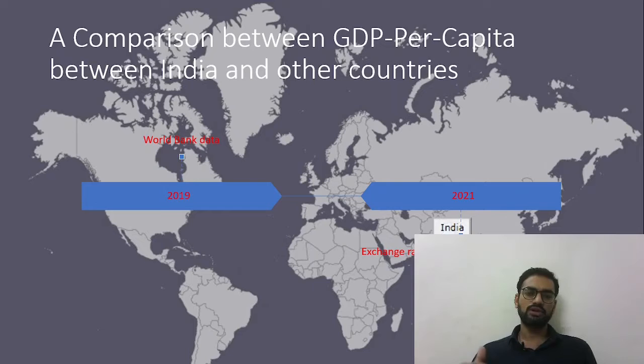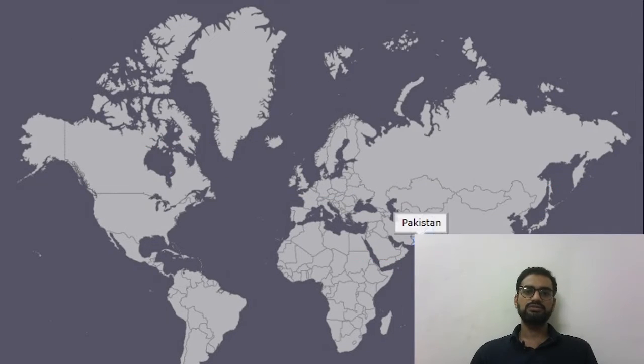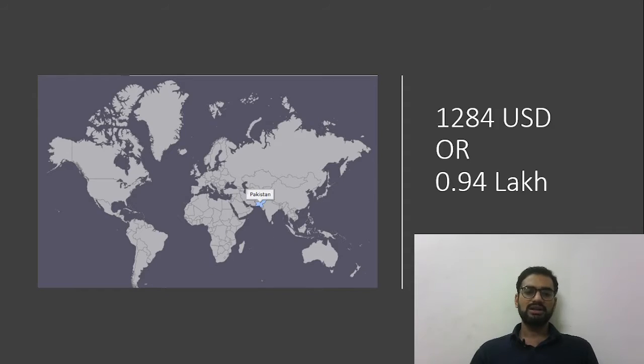So there will be certain countries below India, and then we'll proceed to India, and the developed countries obviously having more GDP per capita than India. So the first would be Pakistan. We'll start with our neighboring ones, Pakistan. Pakistan's GDP per capita is